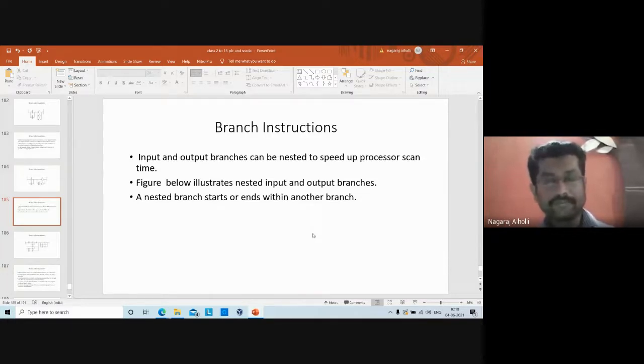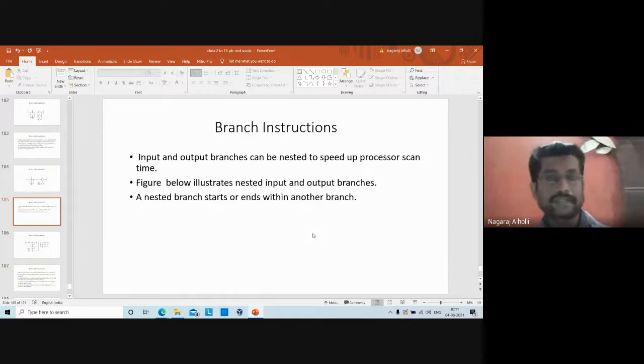Now, what is the advantage of using this type of one branch within another branch? The advantage is that, suppose I'm using separate if statements instead of an if else if statement. If this condition is true, do this. If this condition is true, do this. For the third, if this condition is true, do this. Then the number of statements will increase. The number of instructions will increase. If you are using an if else if statement, with the single if else if instruction, you'll be able to write the logic for that part of the program.